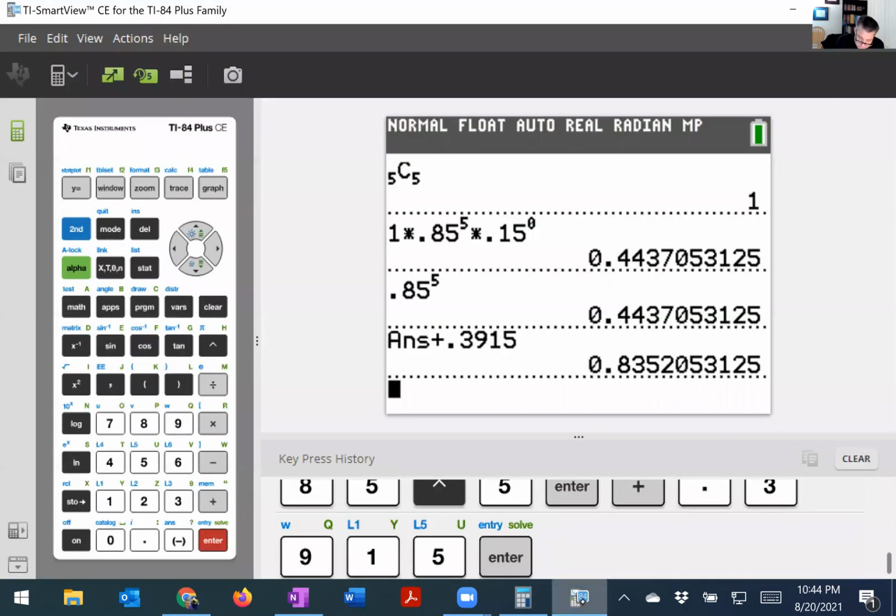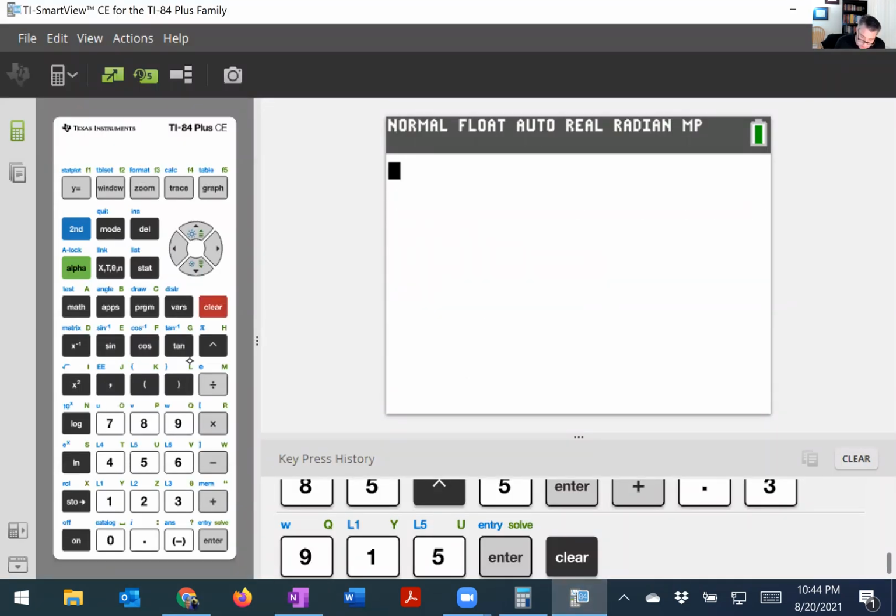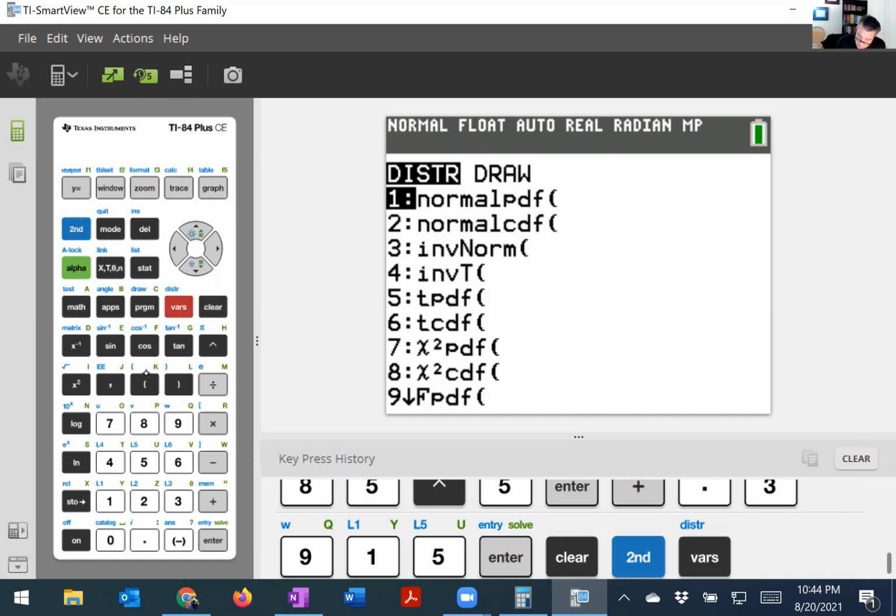Okay, so let's clear it. And we're going to go to second, and it should be VARS here. Second VARS, I believe. Yeah, and it's distribution. It's not data. It's second VARS. That's what I thought it was. VARS stands for variables, but that's the distribution. Second VARS is distribution. I need to change that in my notes. It's not second data, it's second VARS. I'll make sure to change that next time. Okay, second VARS, and then I go all the way down,